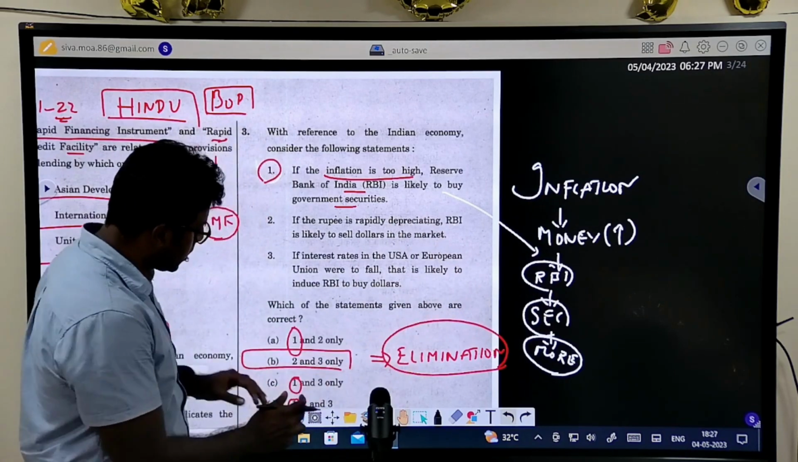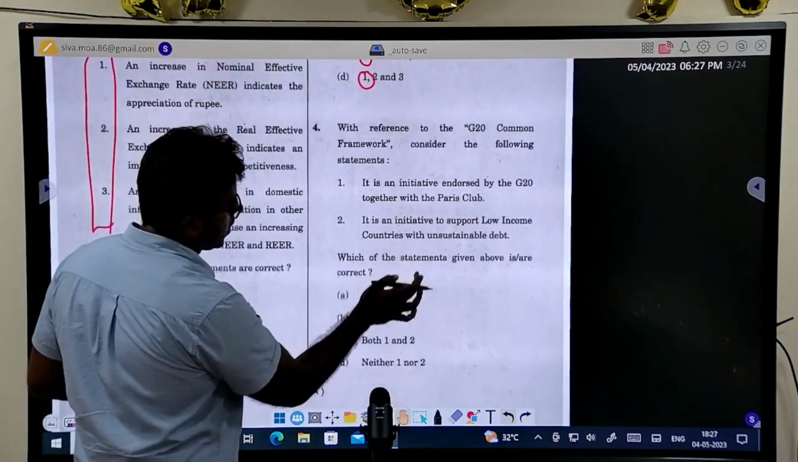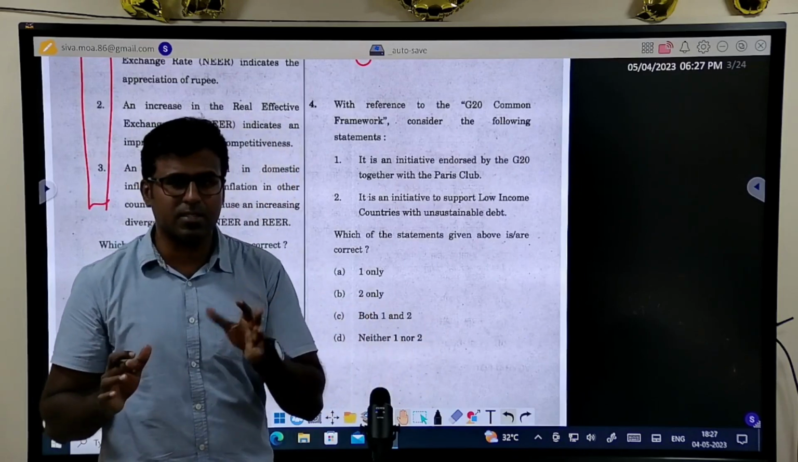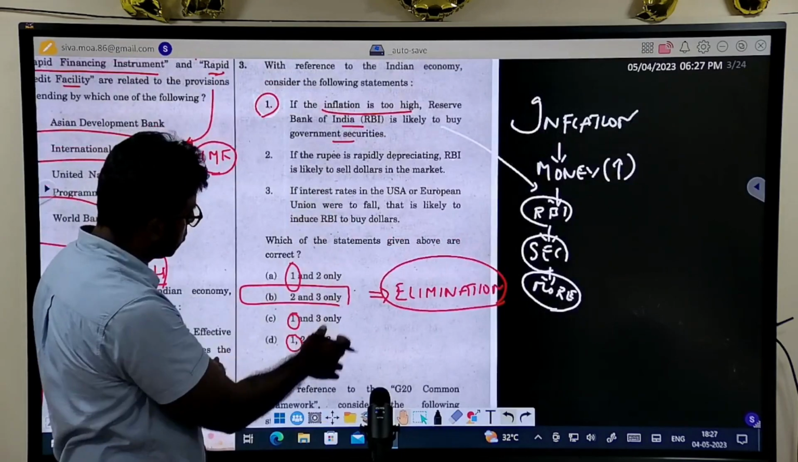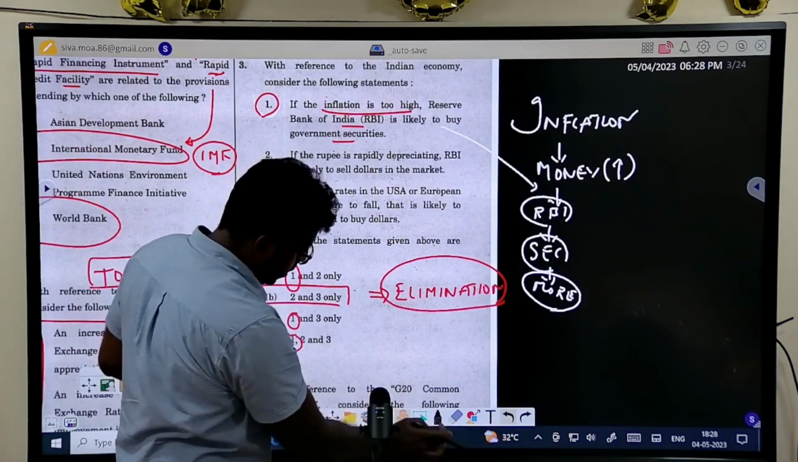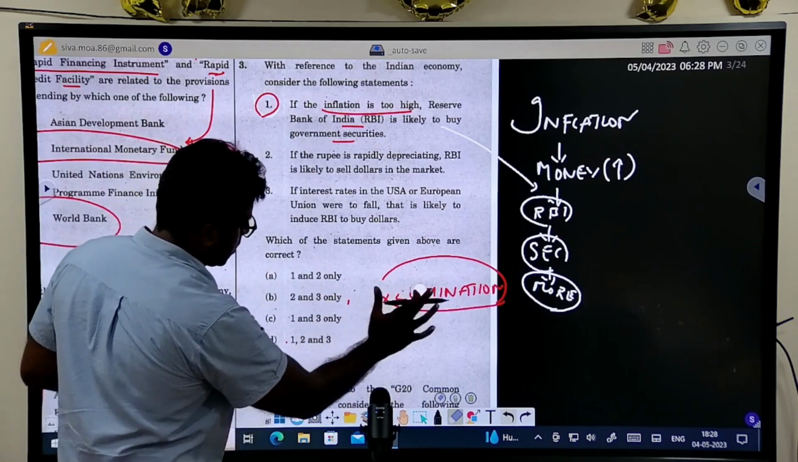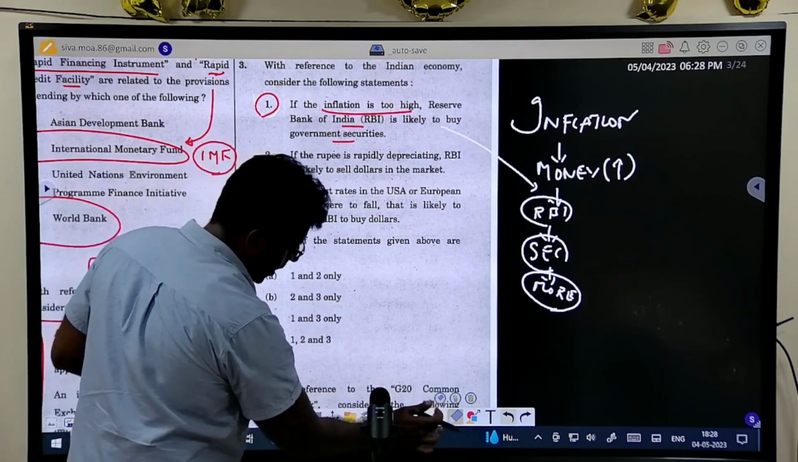So this is what I have been referring to for a very long time: don't think about tricks inside the hall. Inside the hall, tricks and all will not work. Inside the hall, who is going to come and tell you which option you have to eliminate? If you happen to see this, I'll just brush this. See, if you go inside with this elimination technique...